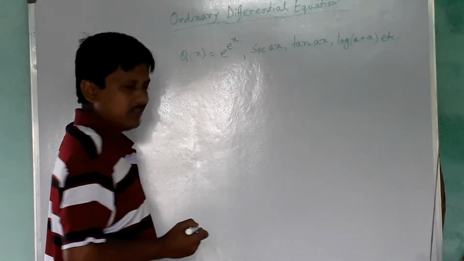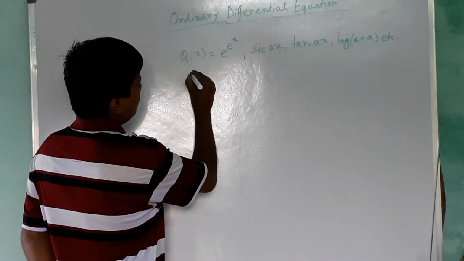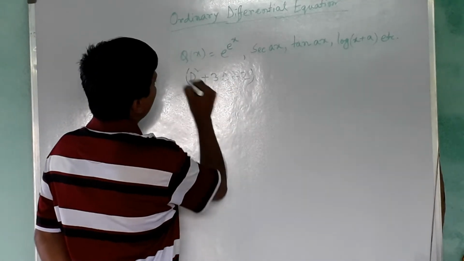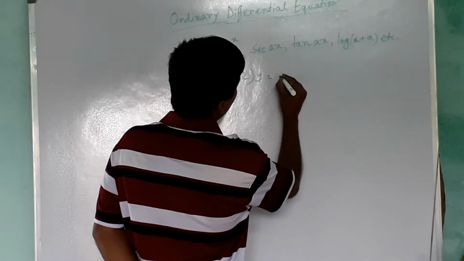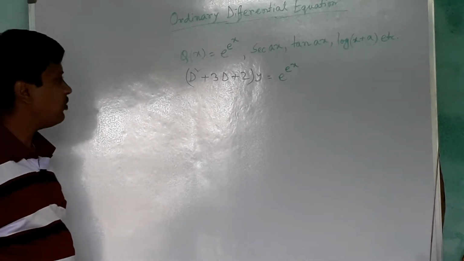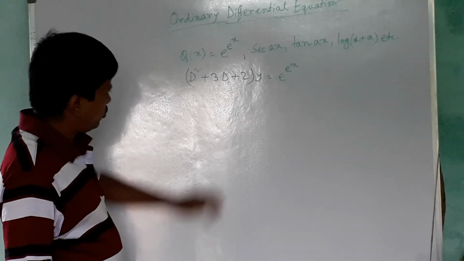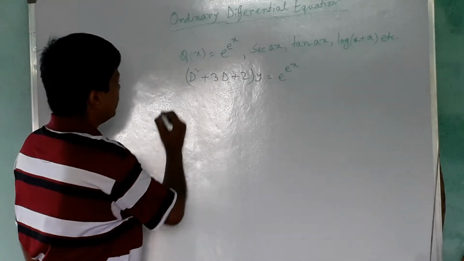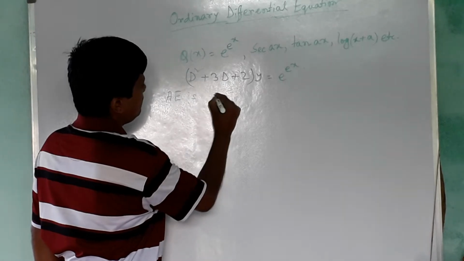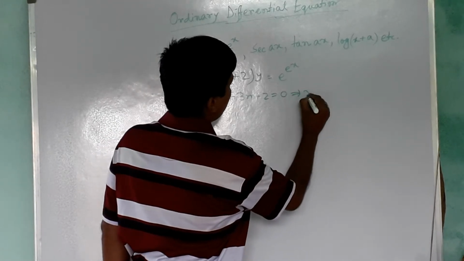Now to discuss this, we consider a particular differential equation, say (D square plus 3D plus 2) of y is equal to e to the power x. So how can we solve this? First of all, we need to find the complementary function. Here the auxiliary equation is m square plus 3m plus 2 is equal to 0. This implies m is equal to